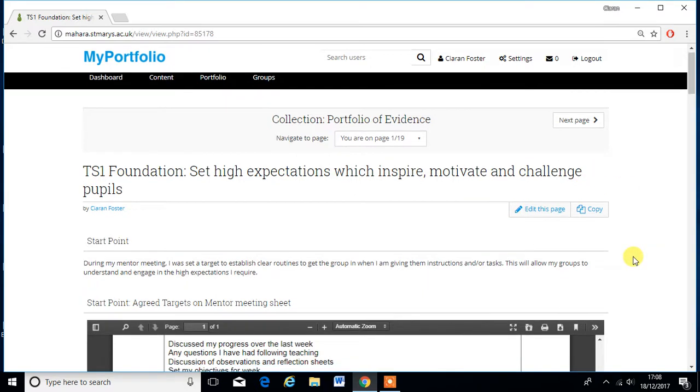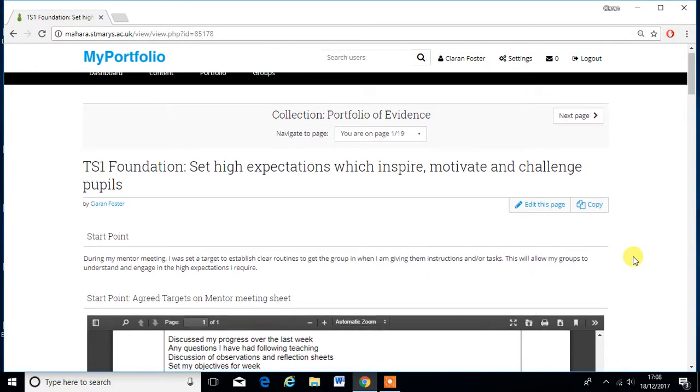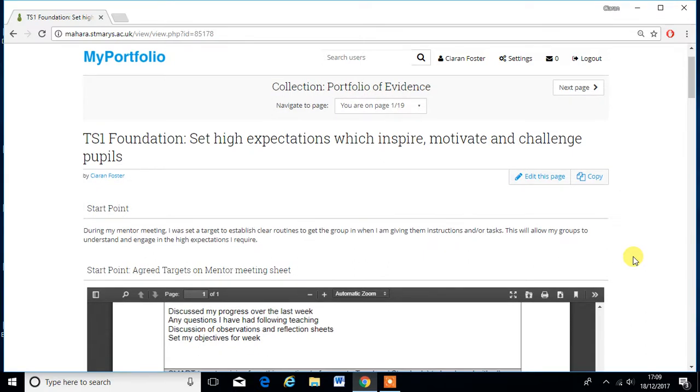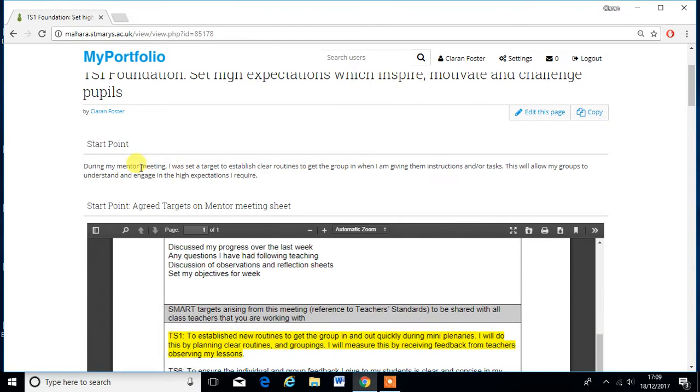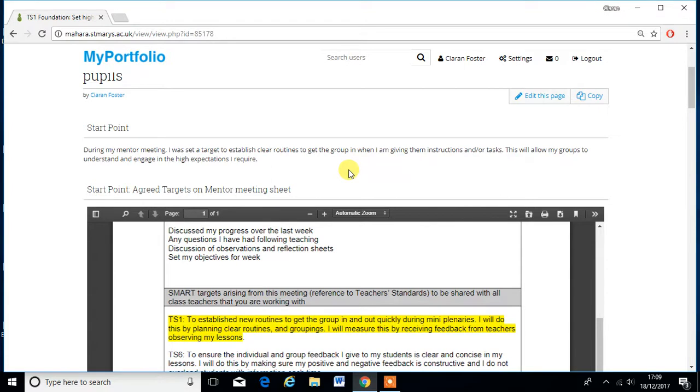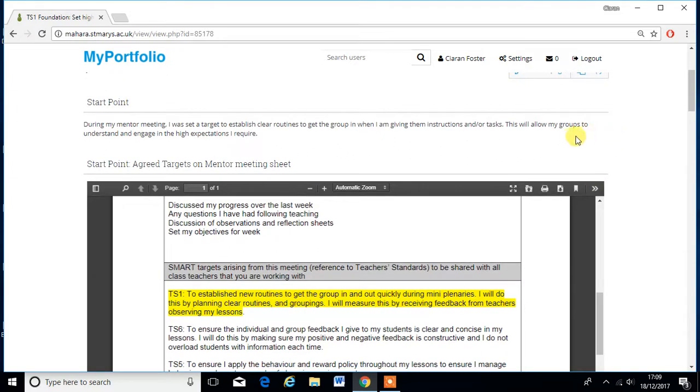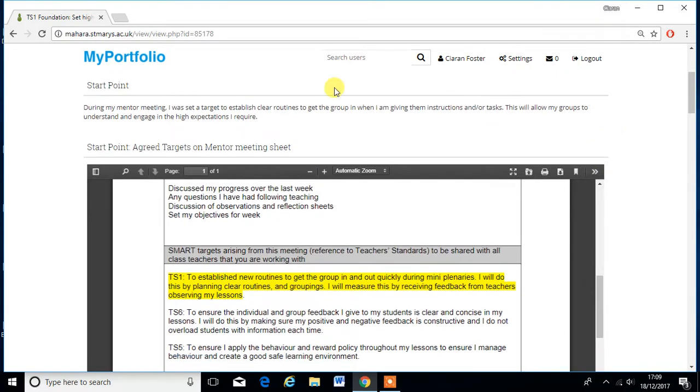So just looking at my TS1 for my foundation placement, setting high expectations which inspire, motivate and challenge pupils. Just from my start point, during my mentor meeting, I was set a target to establish clear routines and to get the group in and out of activities quickly during mini plenaries to help minimise disruptions and maximise teaching time. This will allow my group to understand and engage with what my high expectations are and set them out throughout